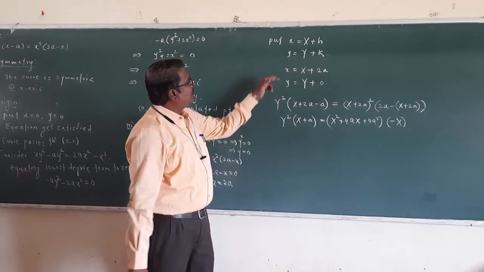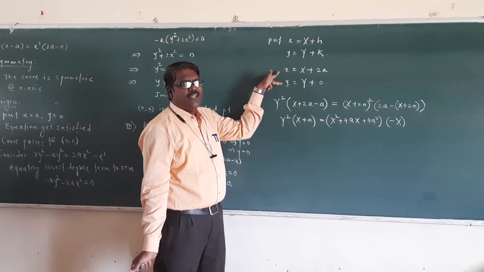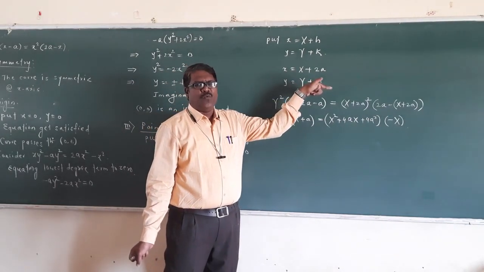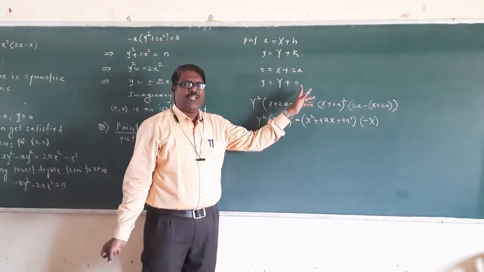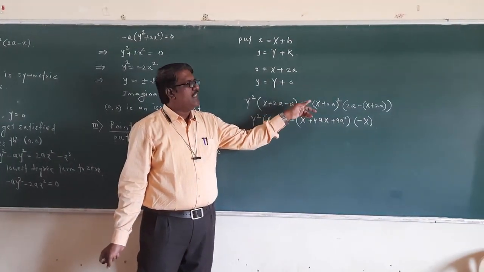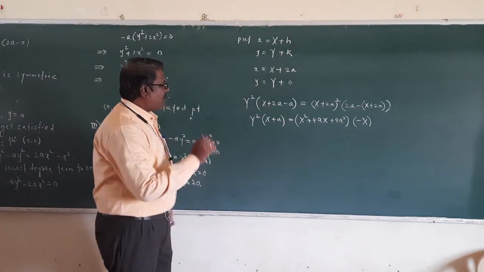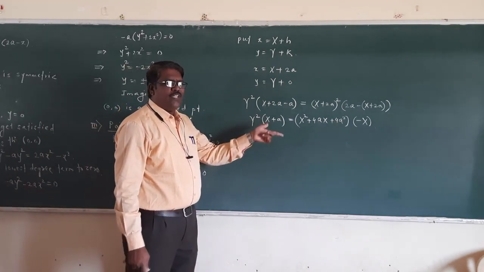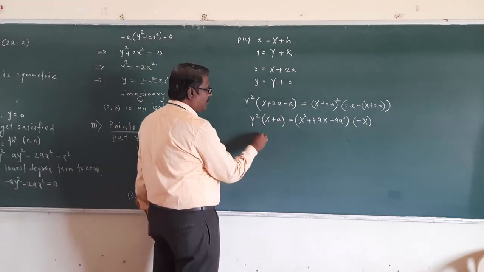Now after using these two transformations, our origin has got shifted to the new origin. And what is that new origin? It is the point 2a comma 0, and it is in the new system, that is capital XY. So now, to get the tangent at origin, what we do is equate the lowest degree term to 0. So here